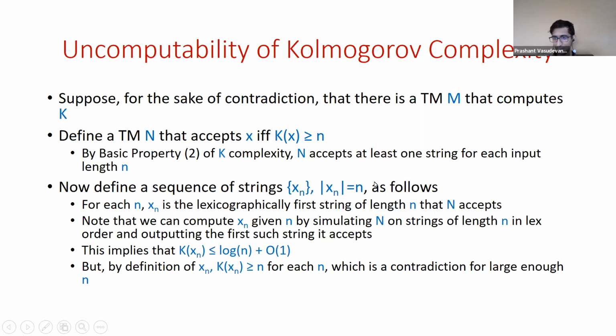And the second question is, doesn't capital N need a description of capital M as well? Okay, that's a good point. Yes, you're absolutely right. But capital M has a constant size description, and capital N needs a description of capital M. But still, I'm thinking of all of them as constant size, which is what we're really exploiting here. There's only a constant amount of information, and as little n gets big, that's where you get a contradiction. Yes, capital N needs capital M, but all of it is constant size, independent of little n, which is the parameter that keeps growing in our argument.